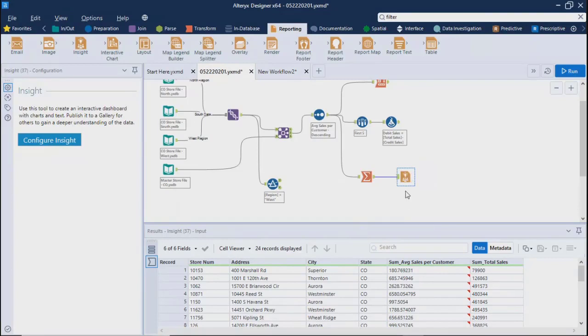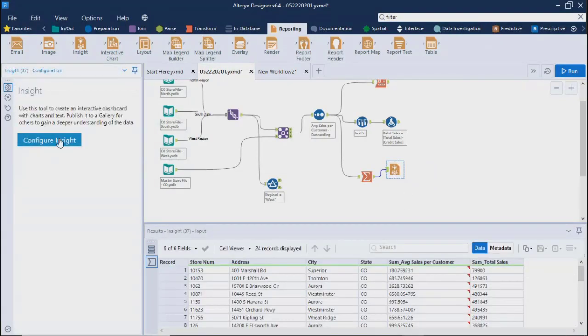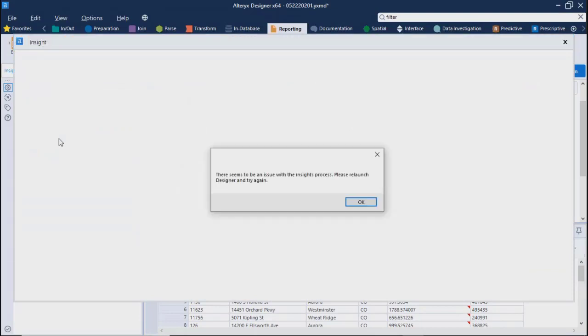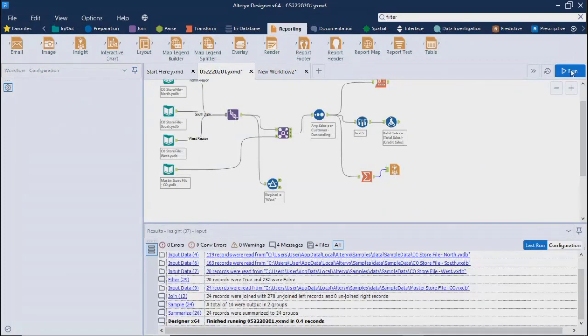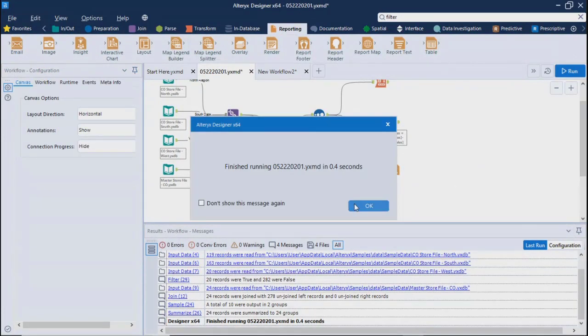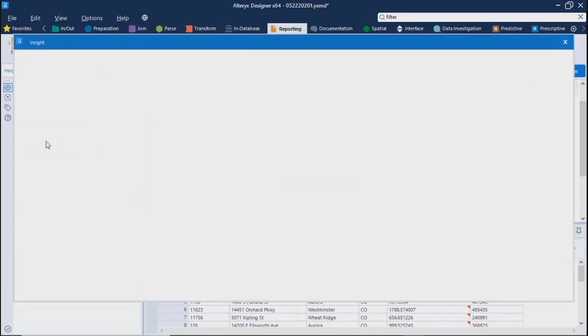Then you come here, select it, configure, and you will get another window which says: seems to be an issue with the insights process. Please relaunch the designer and try again. Okay, let me relaunch it.